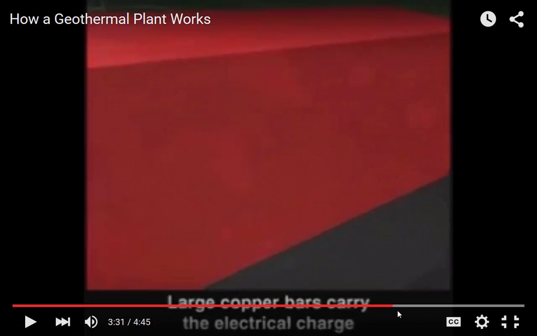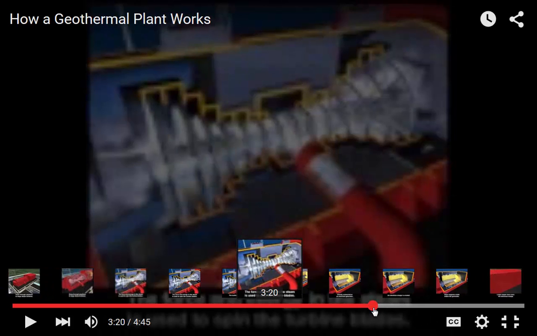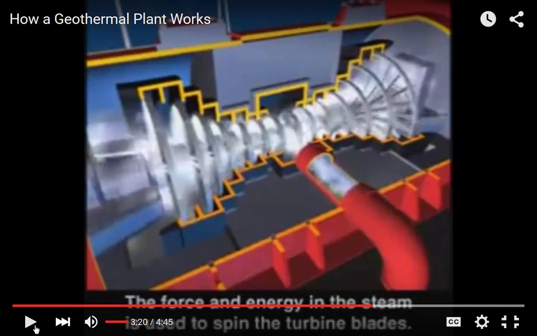So one of the downsides here, as far as the steam being applied directly to the turbine, there's still some,